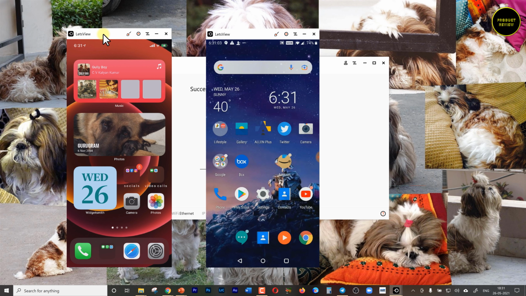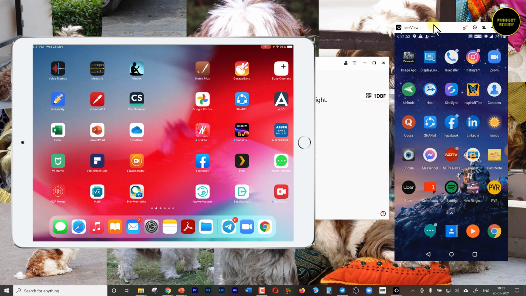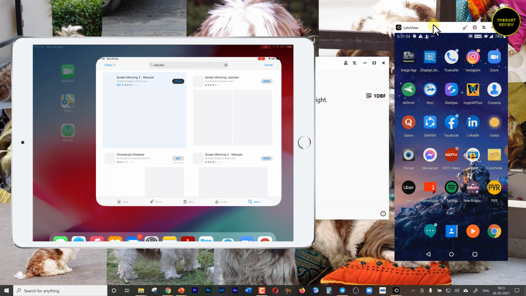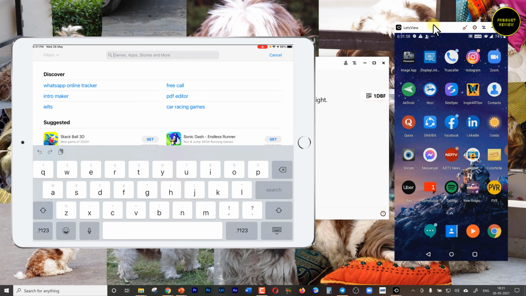Now let's stop the iPhone mirroring and let me show you the iPad mirroring along with the Android. Again, the iPad screen you're seeing currently is not the mirrored one. Head again to the App Store and make sure to install the Let's View app.